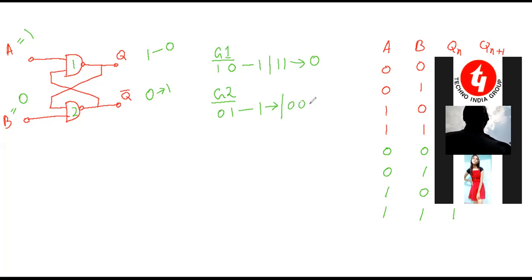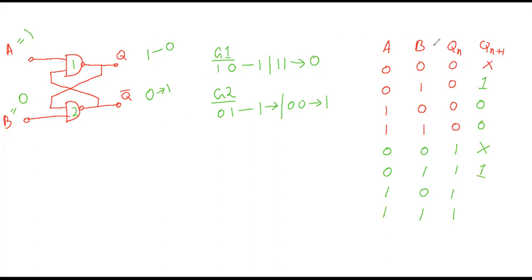So for 0 0 also you are getting a 1. Okay. So it remained 1. So actually I started with 1 and 0, but it has become 0 and 1. Now you see. I started with 1 and 0, but this 1 has become a 0 now. Okay. Now the last case left.